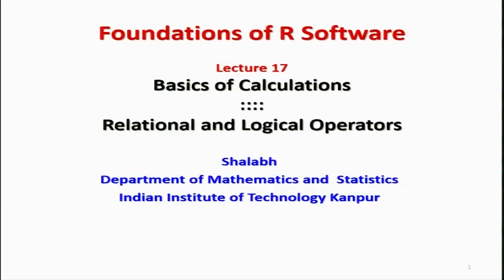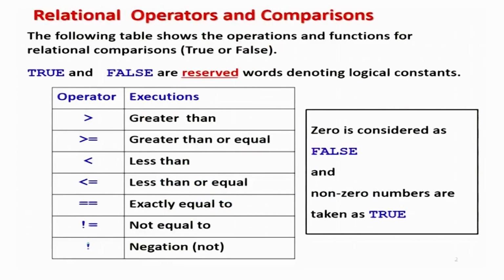So we begin our lecture, and before that I will give you a quick review of all the operations that we had learned in the last lecture. We are going to talk here about the relational and logical operators. You had learned in the last lectures a couple of relational operators: greater than, indicated by the greater than sign; greater than or equal, indicated by the greater than and equality sign; less than, indicated by the less than sign; less than or equal to, indicated by the less than and equal to sign;